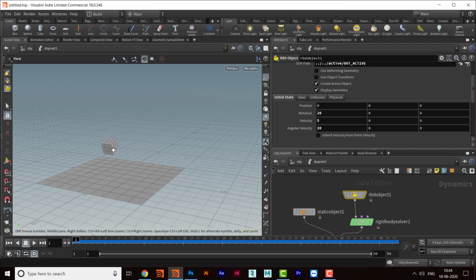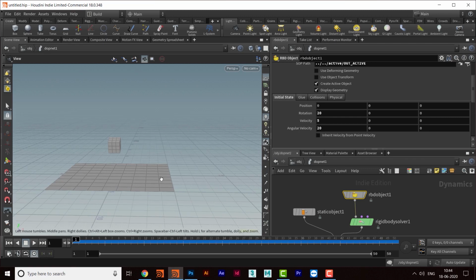And suppose I don't want to start from here and don't want to go back to the SOP level, and I want to change the position from where it should start. Then I can do it here. I can give it some initial position, like this initial rotation. I will make it 0, and then come here and maybe go in the Y and give two values, and then it will start from here. See, angular velocity is there and initial velocity is there in the x-axis.